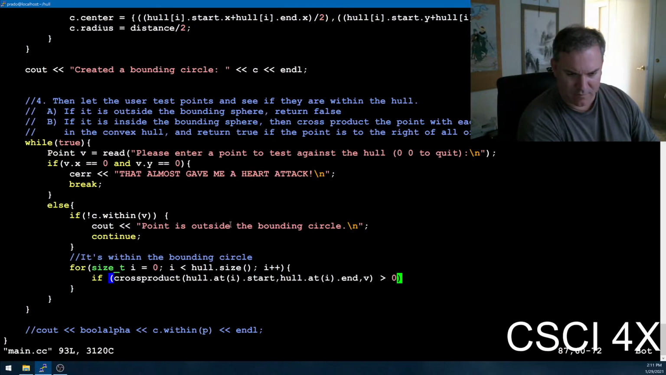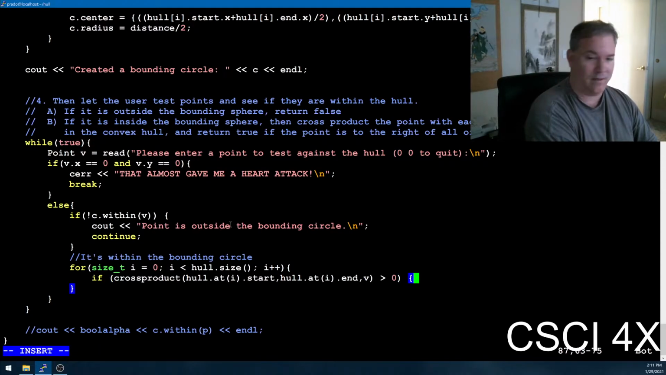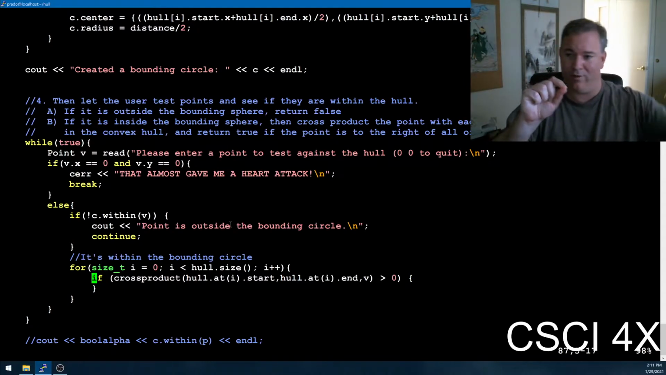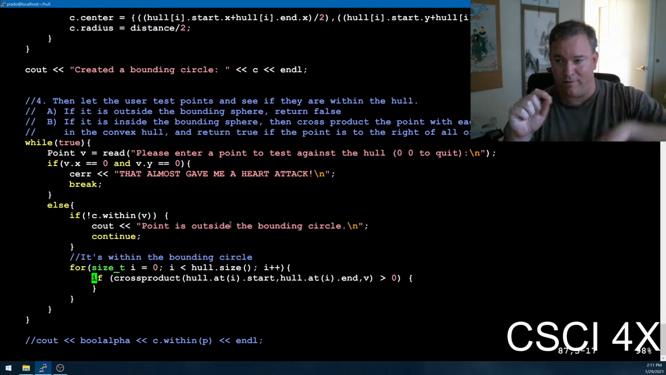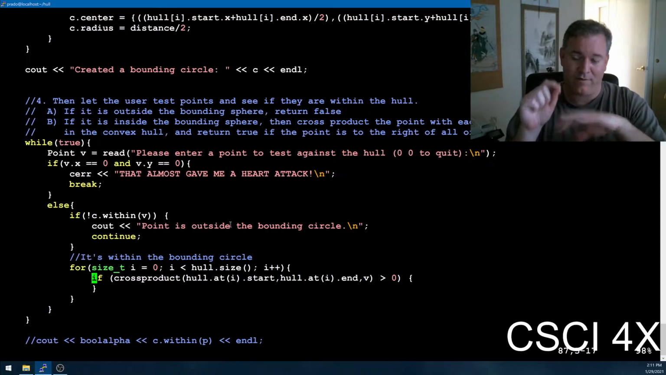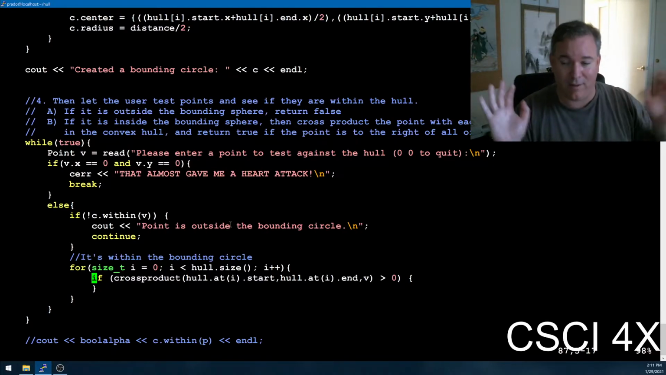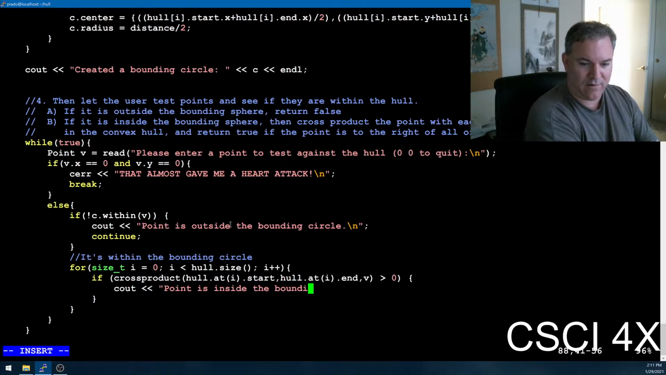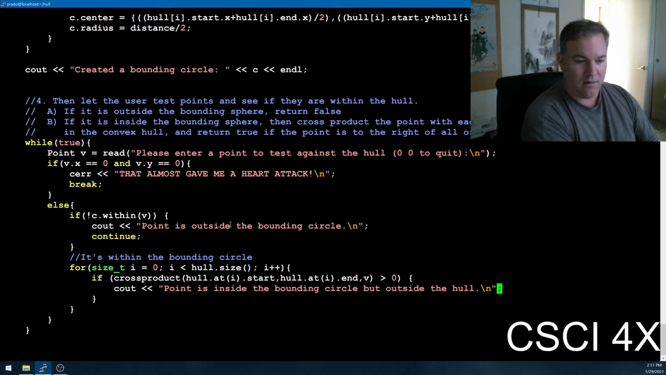I see. So if the cross product's greater than 0, that means it's to the left, and we can immediately end this rigmarole, right? We've got a point and we've got all these lines in the hole, and if the point that we're testing is to the left of any of them, we immediately know it's outside of the hole. And so we will see out: point is inside the bounding circle, but outside the hole. Yep. And then we will just